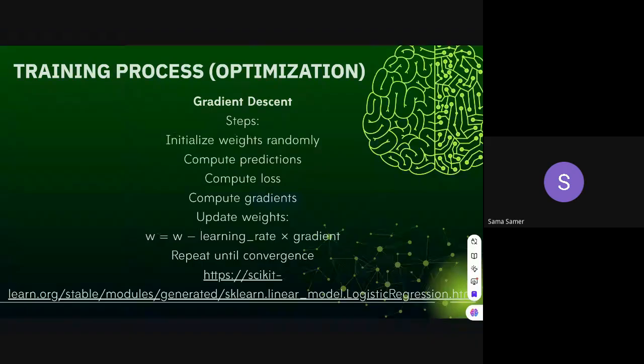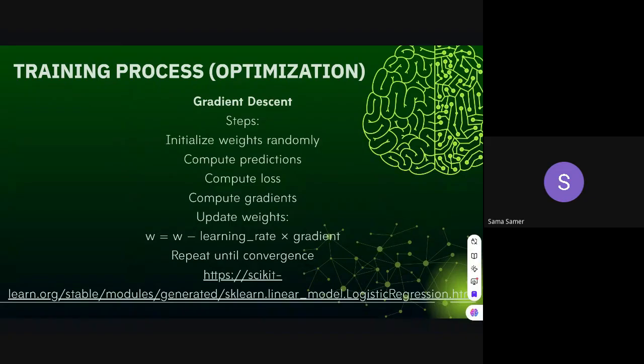So here, how does gradient descent work? We have said that the equation is z equals w1x1 plus w2x2 plus w3x3, according to our number of features, plus something called the bias. So how does the training process work? It works with gradient descent. The gradient descent curve is parabola shaped, or an inverse bell shape. You can put the bell shape upside down, and you will have the gradient descent.